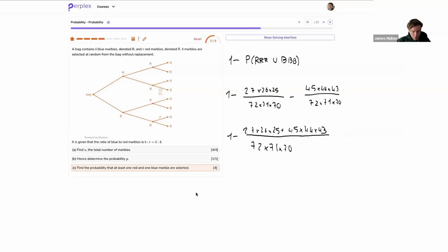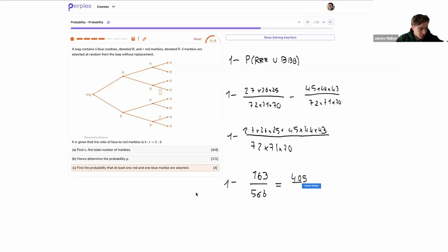Now I'm going to actually perform that fraction. So I'm going to do 27 times 26 times 25 plus 45 times 44 times 43. Divide that by 72. Make sure I put brackets. 72 times 71 times 70. And if I write that as a fraction, I find that is 163 over 568. Okay, so now I do 1 minus that, and I get